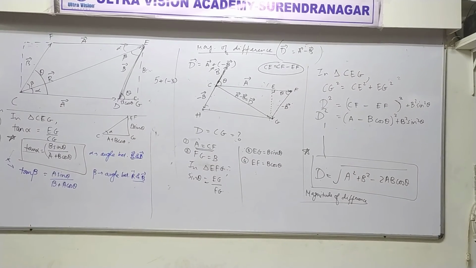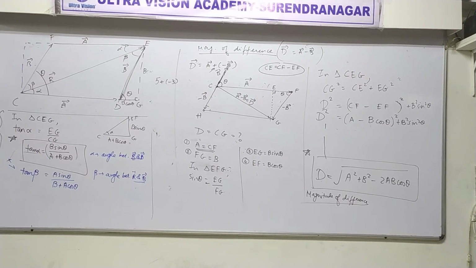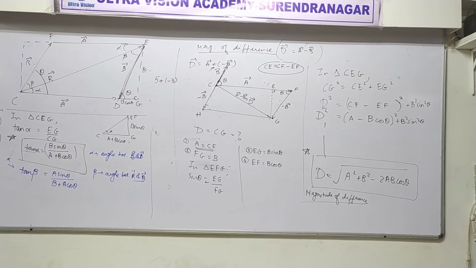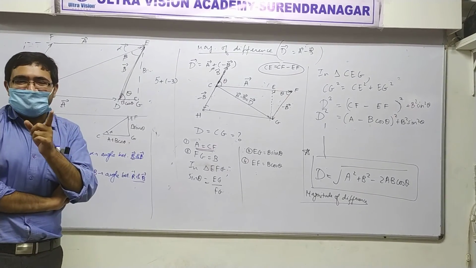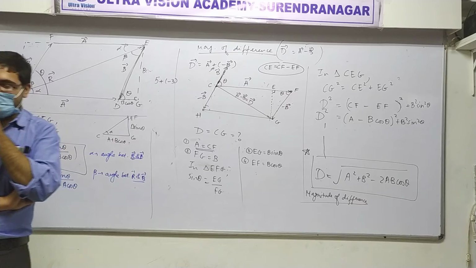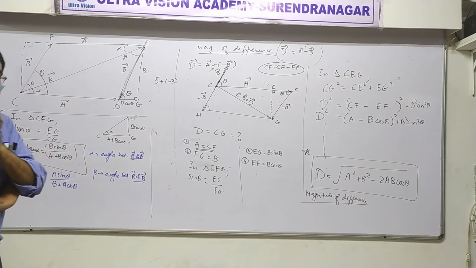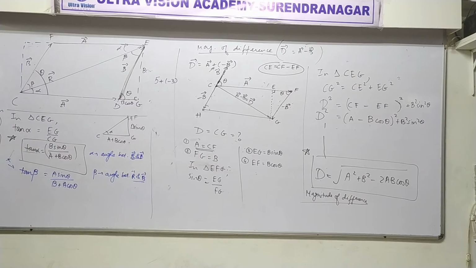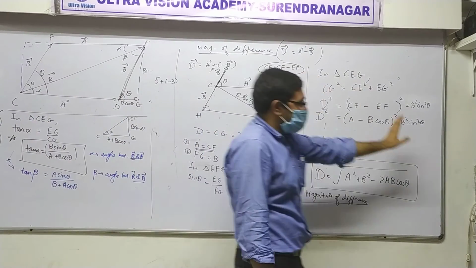Done? Yes. Okay, what's theta here? In this formula, what is theta? Meaning of theta? Angle between A vector and B vector. Do not get confused. Write it if you want. Theta is the angle between A vector and B vector. Right? Just like it was in the resultant formula. The only difference is the plus or minus. That's it.